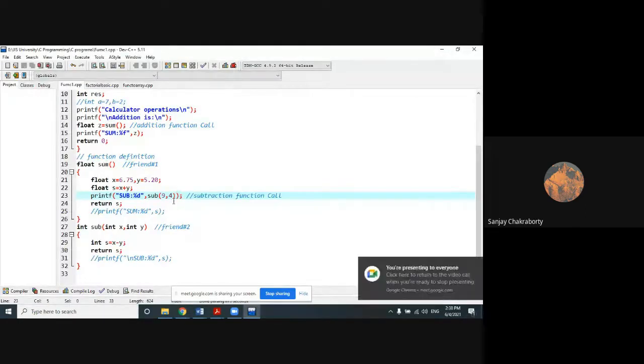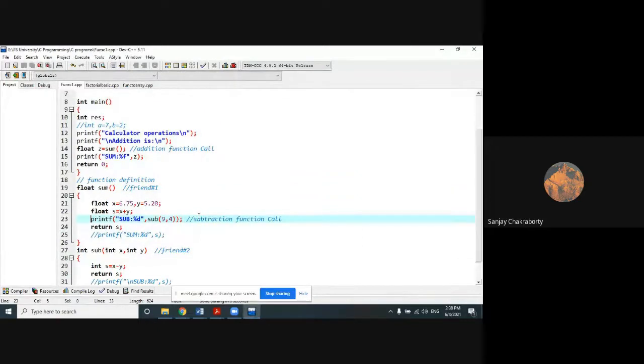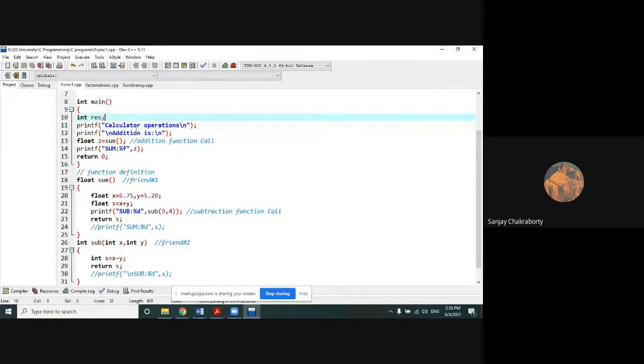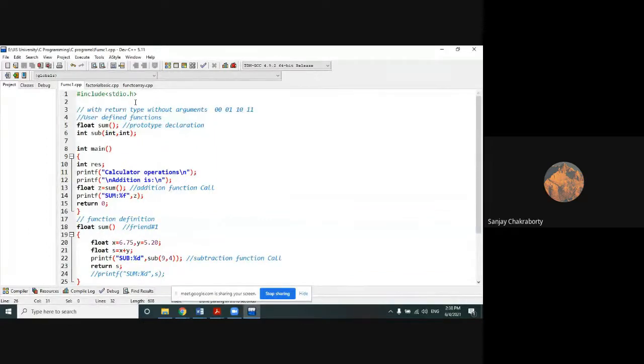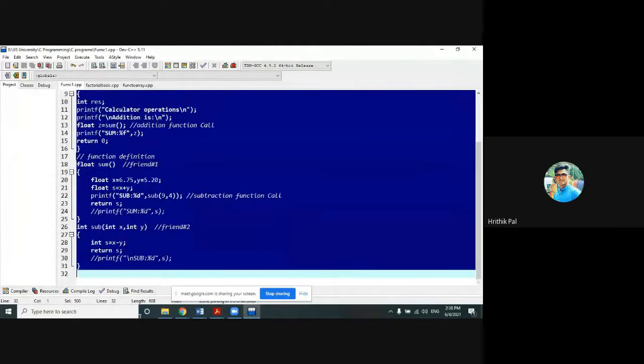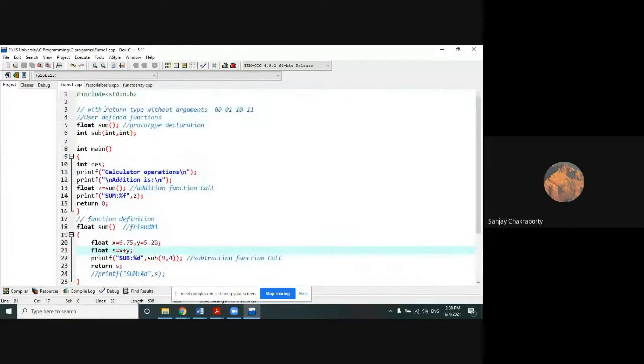Okay, so anyone has any question, any doubt up to this, then you can ask me. Is it clear to everyone? Yes. Now the last type, that is type 0. It is very easy: no return type and no arguments, that means 0.